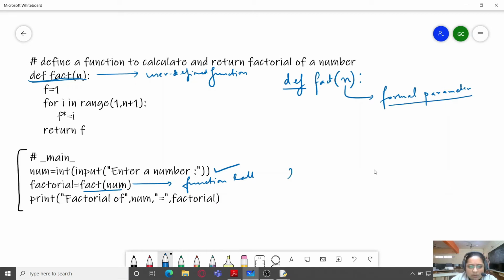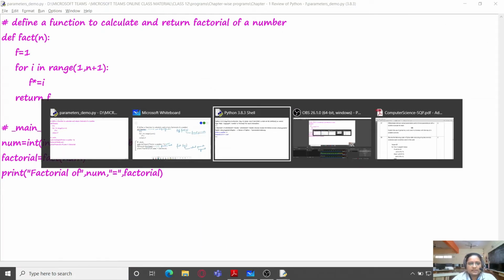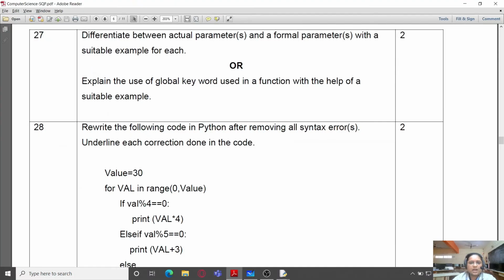And when you are calling the function and passing arguments to it, that is, we asked for the value from the user and we are passing it, this is the actual parameter or actual argument. So this is the difference between actual parameter and formal parameters.